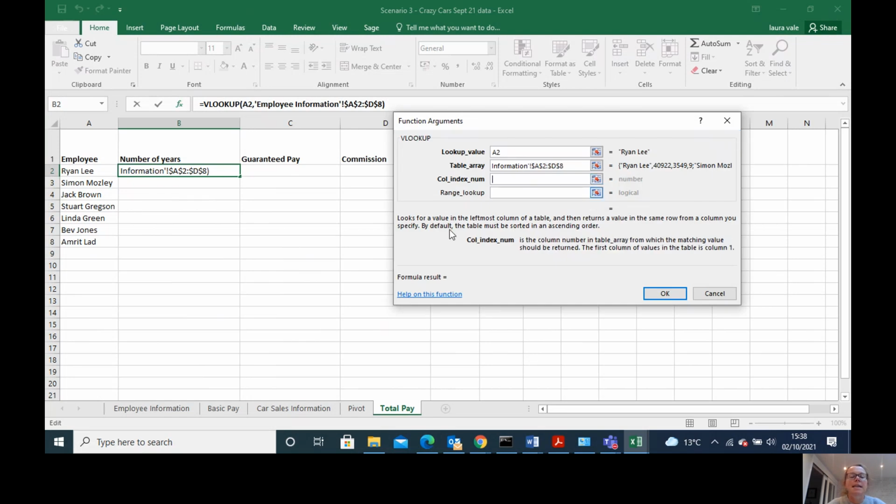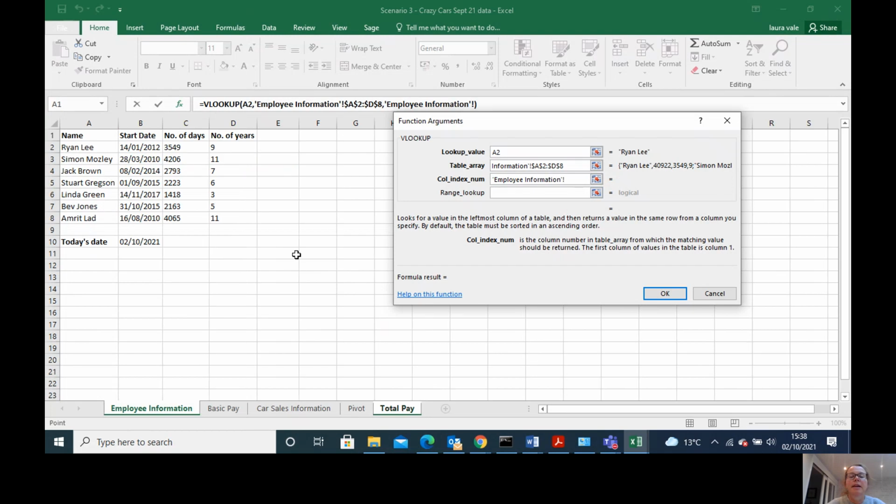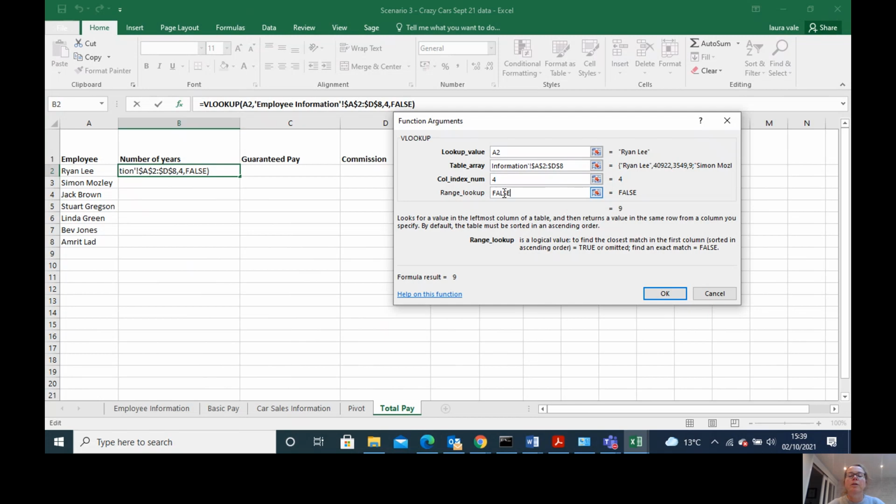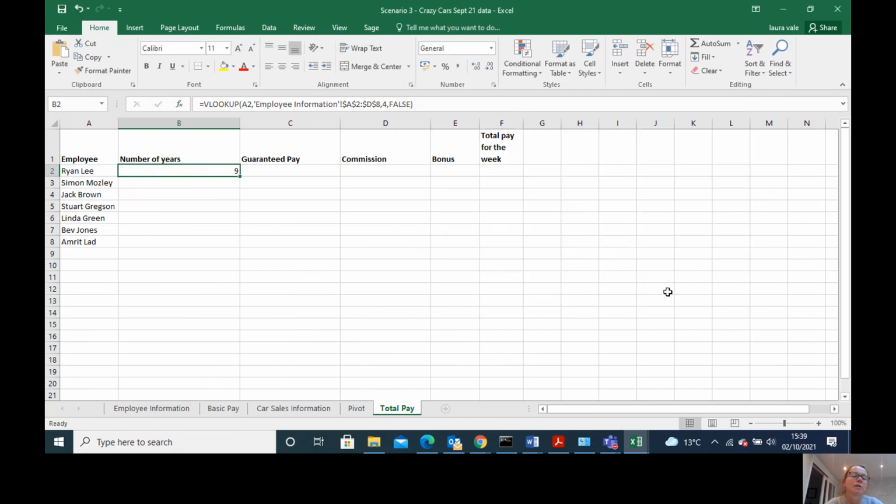The column index number. So let's go back and see. So the column index number 1, 2, 3, 4. So I just want a number 4 in there. And the range lookup will be false because I want an exact match. So it's returned the number of years